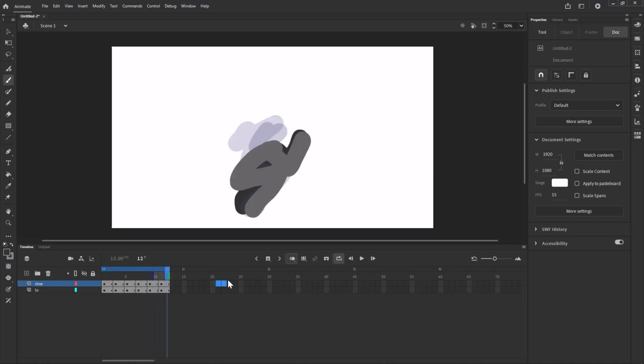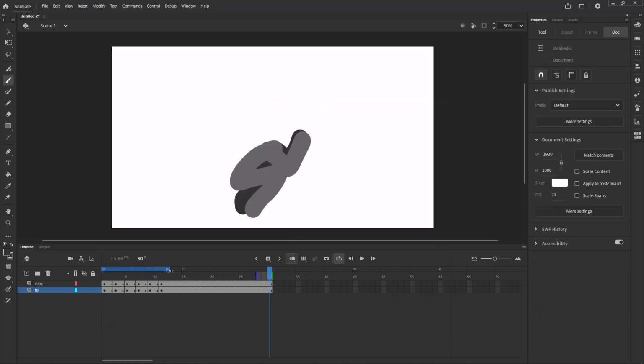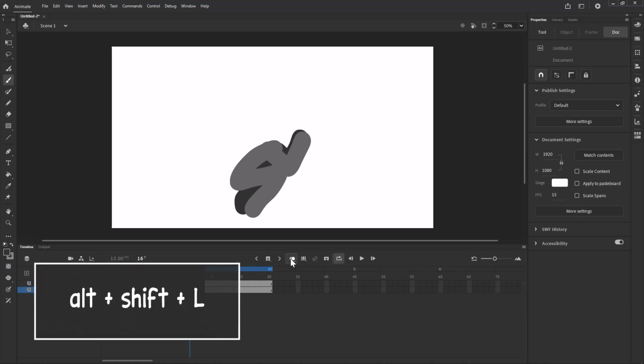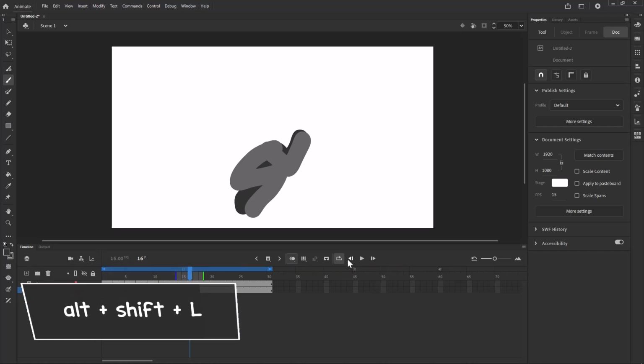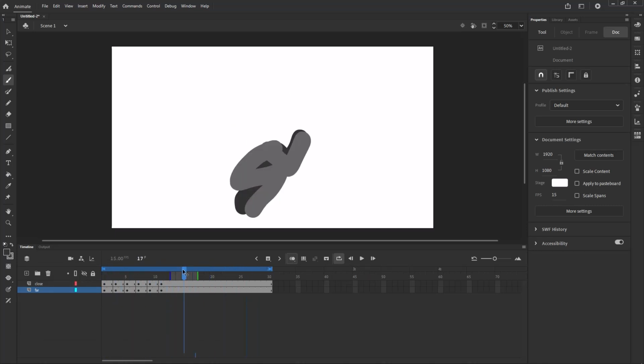And like I said, to add a frame, if I want him to be down there for up to 2 seconds, I'm going to right click, insert frame. So now if we play the entire animation, it crouches, stays there. Okay, so this is what we call the loop preview, by the way. I keep toggling it here. The hotkey is Alt Shift L. So this loops through the